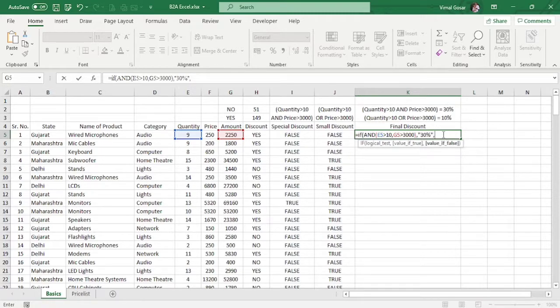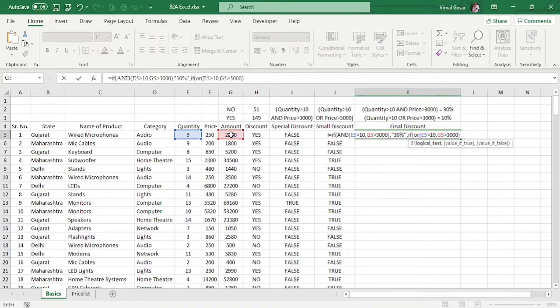Now if this is false, what should be the case? If this is false, then I have to again apply another IF, which says that if the OR function, or the OR criteria, is getting satisfied, I should be having a value of 10%. So what is my OR function? The OR function says that this quantity should be more than 10 or my amount should be more than 3000.